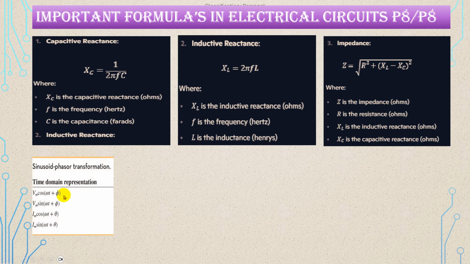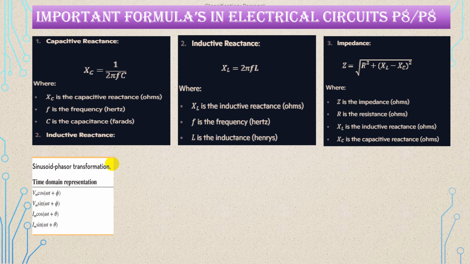If we take a sinusoid form, we have voltage and currents like this: Vm cos omega t if cos is there, Vm sin omega t if sine form is there, same for current. This is the time domain, where t is coming, omega t. Now we have to transform to the phasor domain, because circuit analysis is easy in the phasor form,